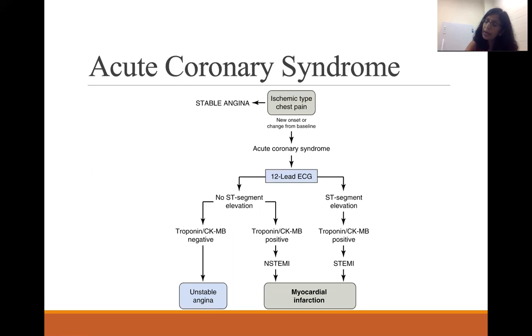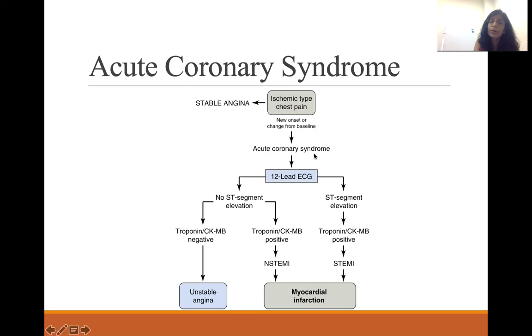That is when coronary arteries occluded suddenly. Okay, so ischemic type of chest pain, stable angina to new onset. This is before. All right, new onset or change from baseline, acute coronary syndrome. So this is possible. There is already an underlying issue, but it gets worse. Okay, acute coronary syndrome. Or maybe a new one, dissection of the coronary artery, whatever it is that leads to